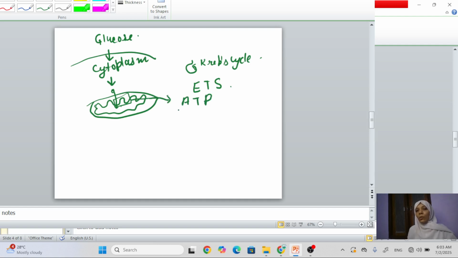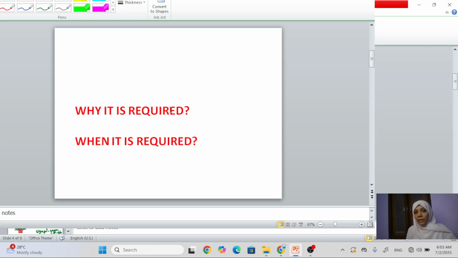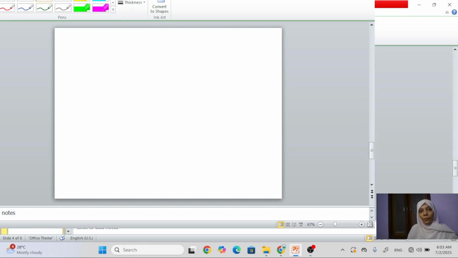Now, why is this ATP important? Why is all this pathway running? Why is it required? This is the question. Okay. So, sometimes animals need energy instantly. Sometimes animals need energy instantly. So, in an emergency situation,